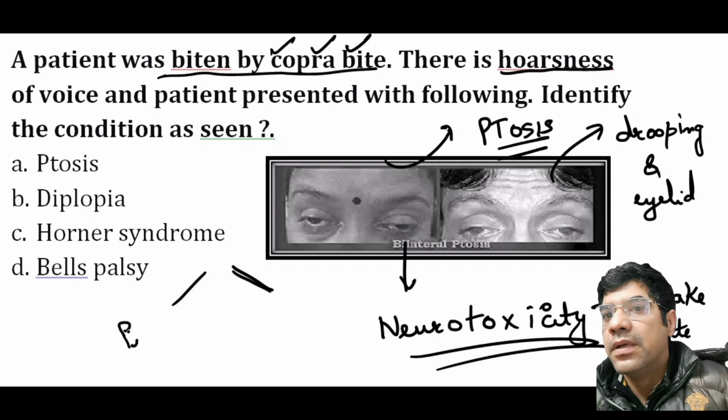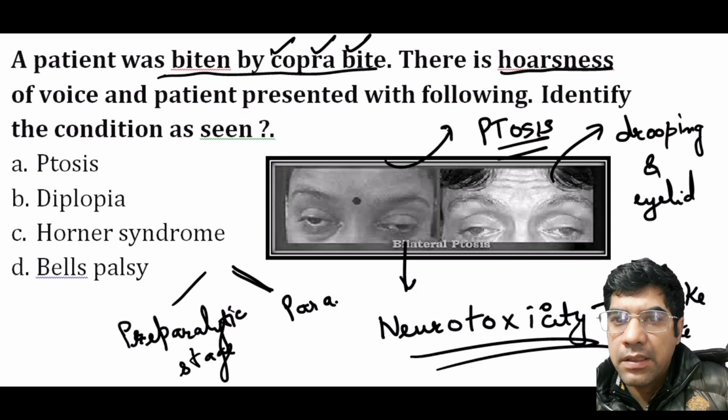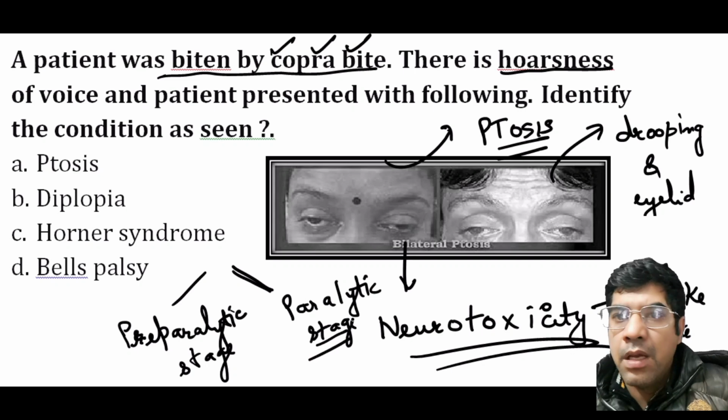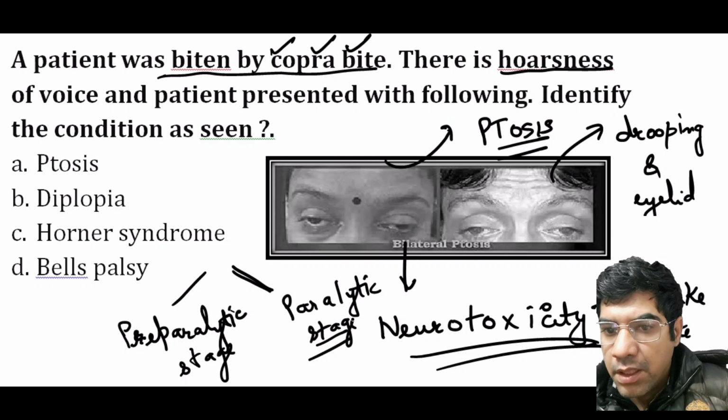First is the pre-paralytic stage, and the other one is the paralytic stage. Now what you see in the pre-paralytic stage, you will see vomiting, ptosis, that is preceded by the contraction